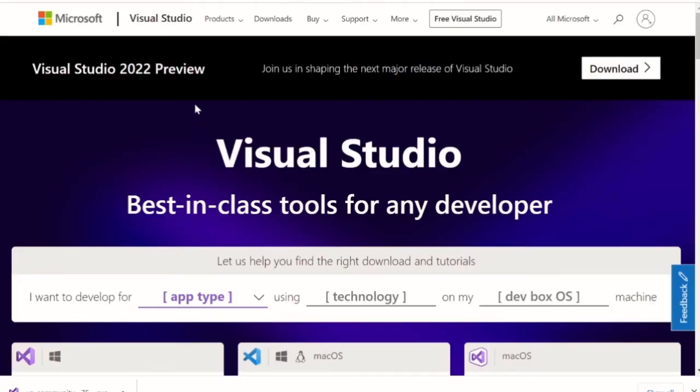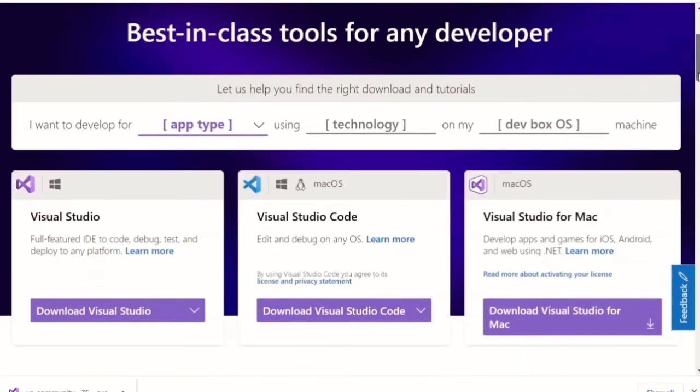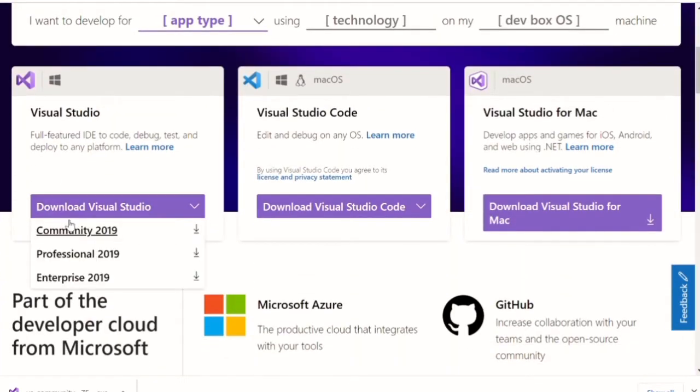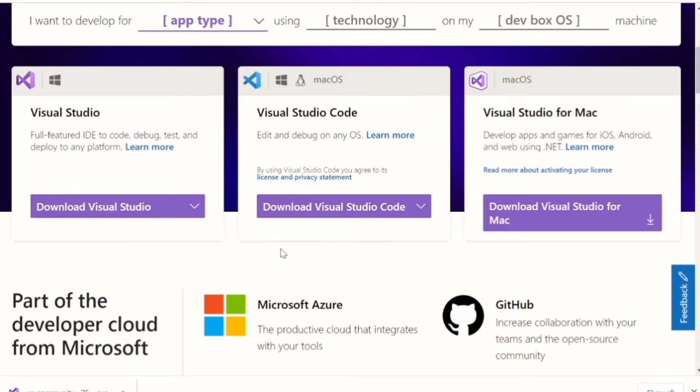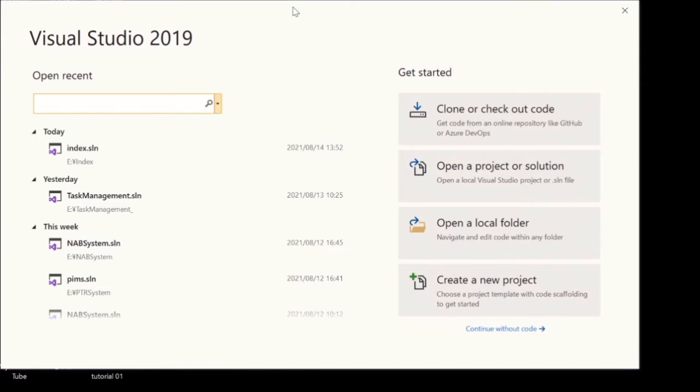On the Microsoft Visual Studio web page, you can scroll down a bit, and here you have the download Visual Studio section. You can choose Community 2019. For the Professional and Enterprise editions, you need to pay, but they have the same features, so actually everything is the same. So you can just click on Community 2019, and after you install Visual Studio,